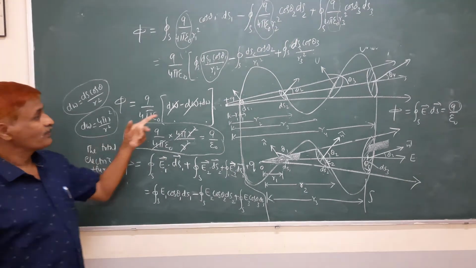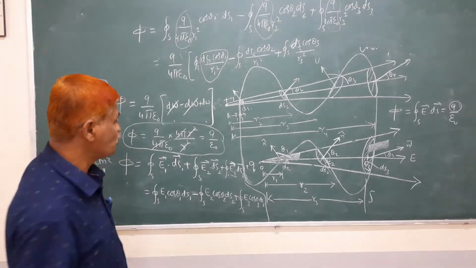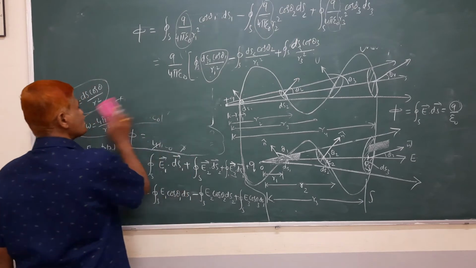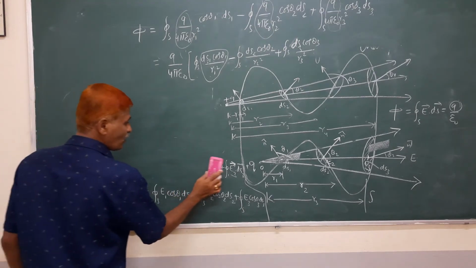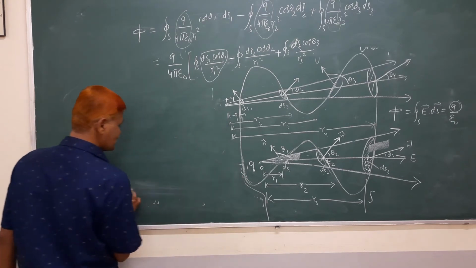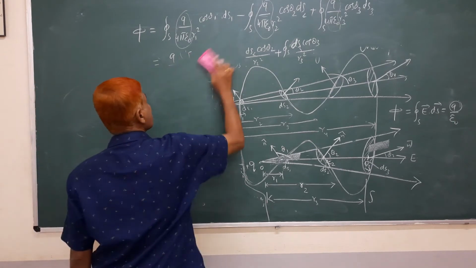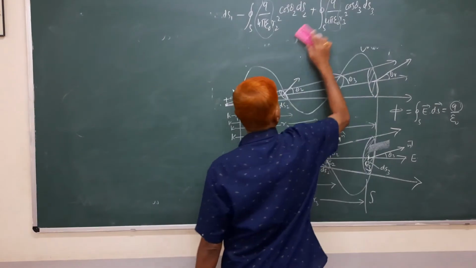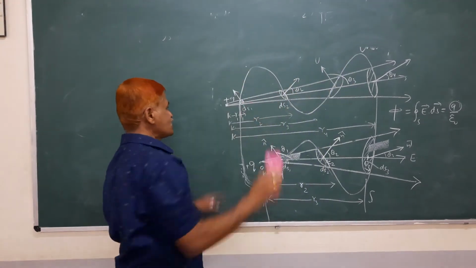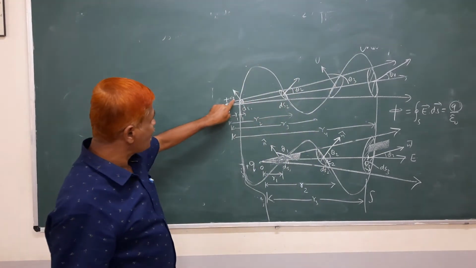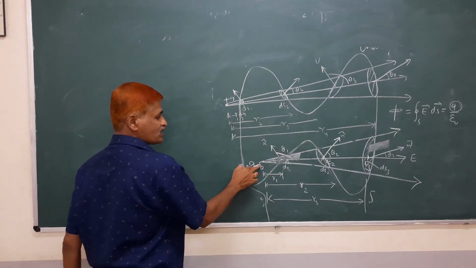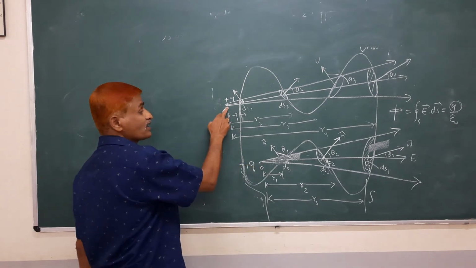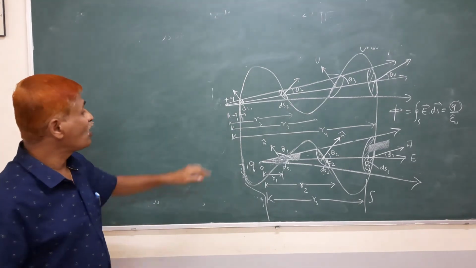Okay. Next, we prove case 2. Case 2 is for a surface not enclosing the charge. That is there in the same figure; for that reason, I have drawn the second case also. Here, charge q is outside the surface. In the first case, I have taken charge q inside the surface. Here, the charge is outside the surface.